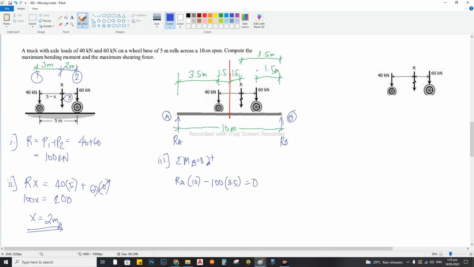So duha ka ways pag-solve ninyo ani. Pwede si resultant, pwede ang tagsa-tagsa nga load. Pwede si load 1 o si load 2, pwede po si resultant, diretso. So para mas dali inyong life, resultant na lang inyong gamiton. So we have RA, so 10 RA,